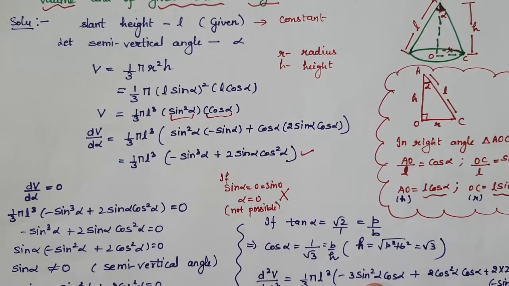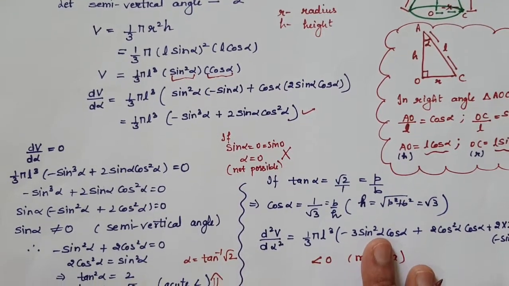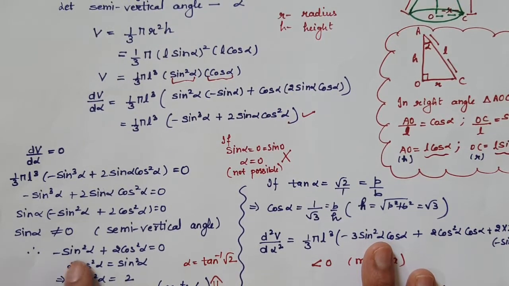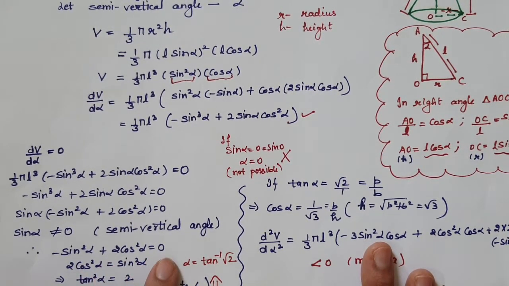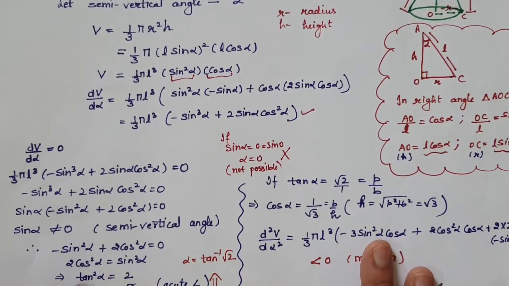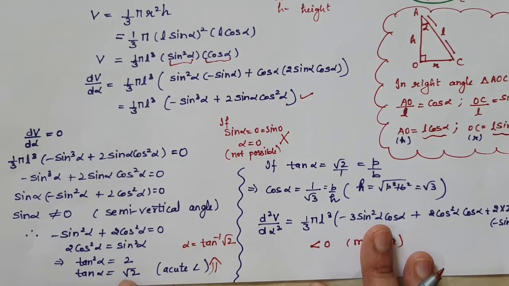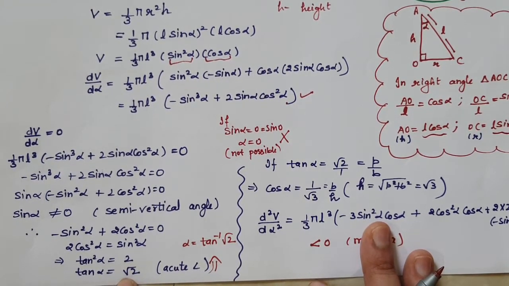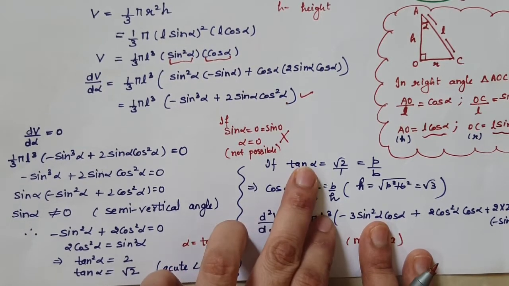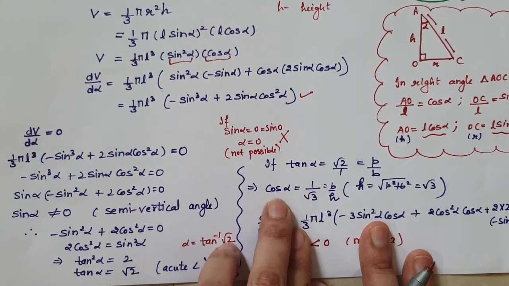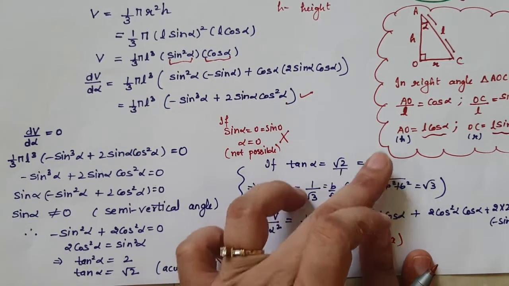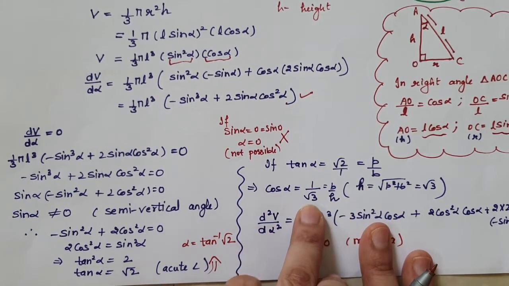So the only possibility left is that the second factor is equal to 0, which in this case is minus sin square alpha plus 2 cos square alpha equal to 0. Simplify it, what are we getting? We are getting that tan square alpha is coming out to be 2. That means tan alpha is root 2. Since alpha is an acute angle, that's why we are taking only the positive value. Now what can we do with the help of tan alpha? With the help of tan alpha, we can find the value of cos alpha. This is P by B. So by applying B by H, the value is coming out to be 1 by root 3.